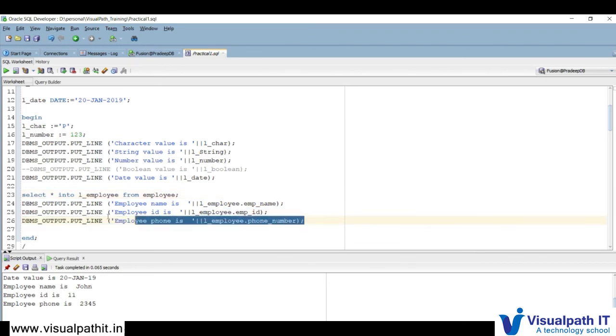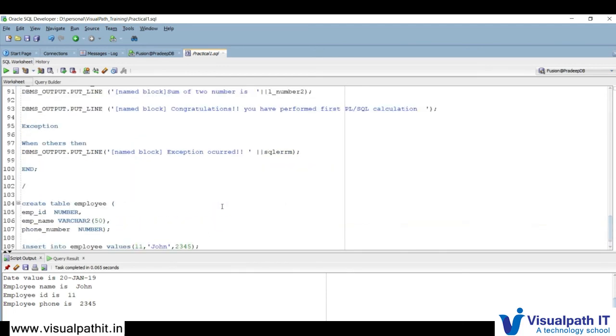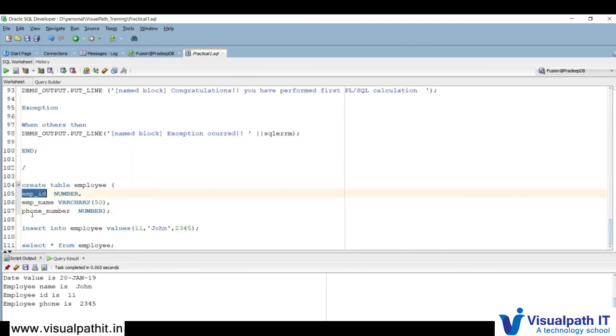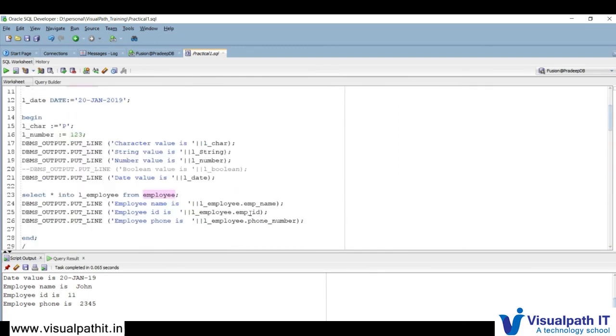This is the regular convention to access a particular column from a row type variable: variable name dot emp name, where emp name is the column of that table. These are the column names, employee ID, emp name, phone number of employee, and I am fetching exactly the same column names.